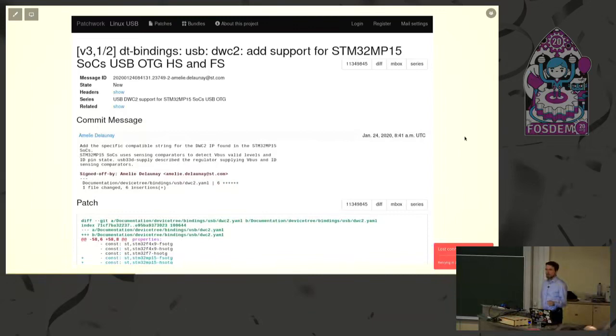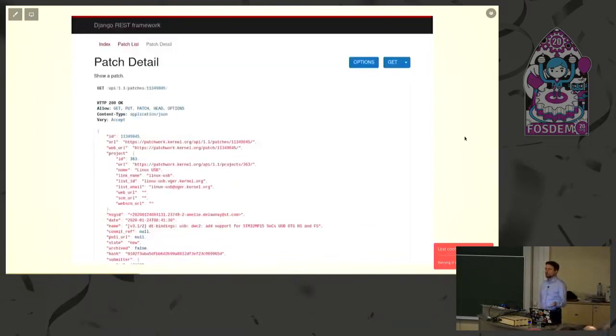And the main thing that concerns us about this is that Patchwork has a REST API. So we can go through those projects, we can extract the patch series, the patches and everything, and track when they are appearing. This, of course, sounds very simple, but the devil is in the details, where you have to